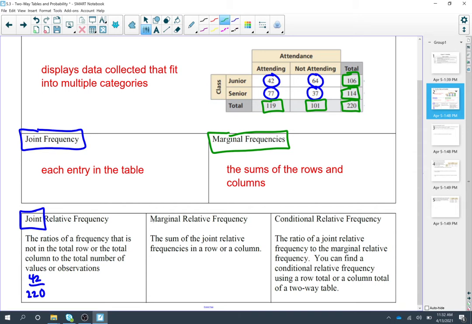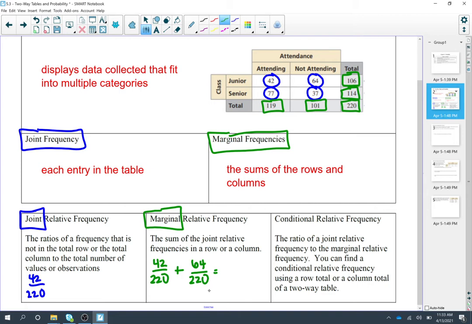Now, marginal relative frequency is the sum of the joint relative frequencies in a row or column. So let's say I took my 42 out of 220 and I added it. Let's stick with the juniors because then I have 42 juniors who are attending. I have 64 who are not attending, and I added those together. Well, that would get me a total of how many juniors are total in this survey,